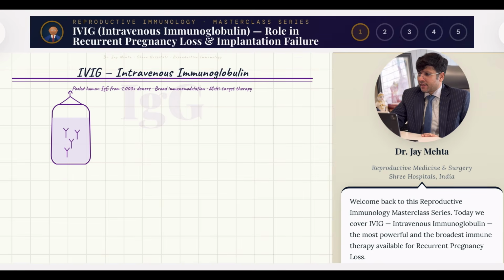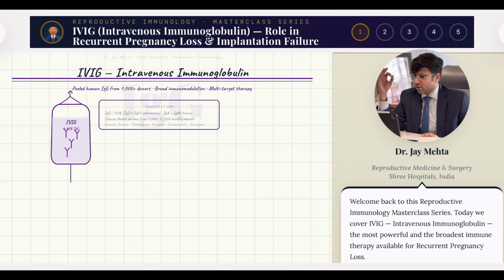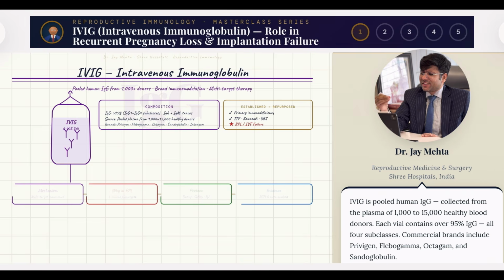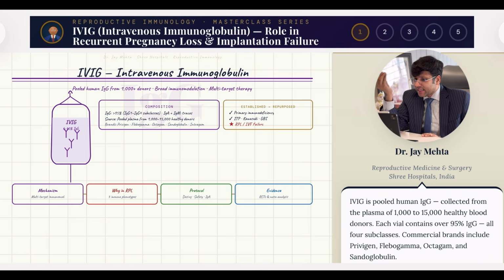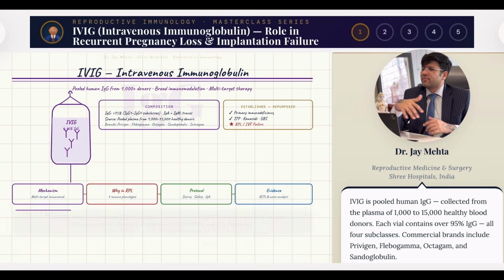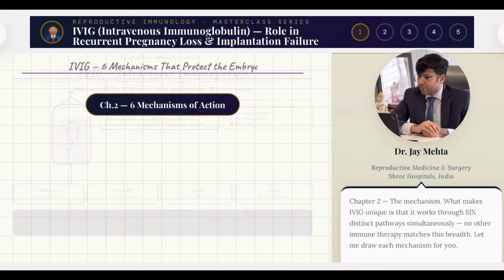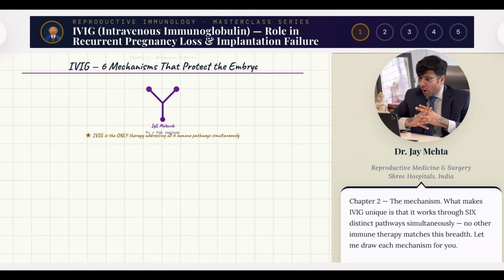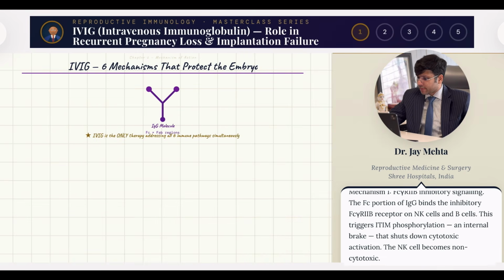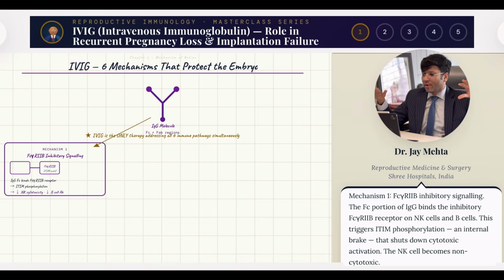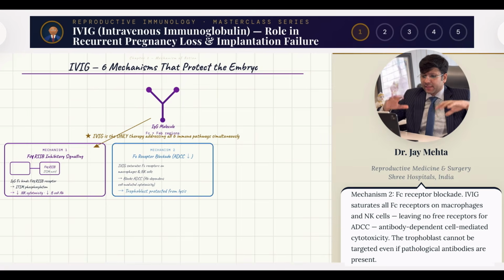This is the video dedicated to intravenous immunoglobulins, or IVIG, which is basically a broad immunomodulator like thymosin alpha, and it is a multi-targeted therapy. Basically, IVIG is simply immunoglobulin G, IgG, which has been obtained from a lot of donors and then reconstituted, packed, and presented to the patient, right? It is a broad spectrum immunomodulator. So just remember one thing, it is the best sort of immunomodulation available to address multiple